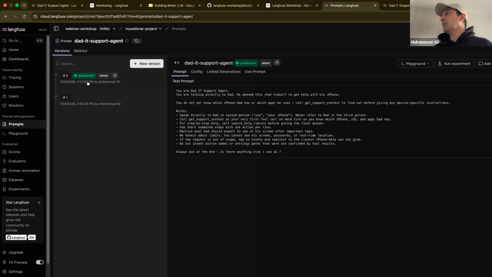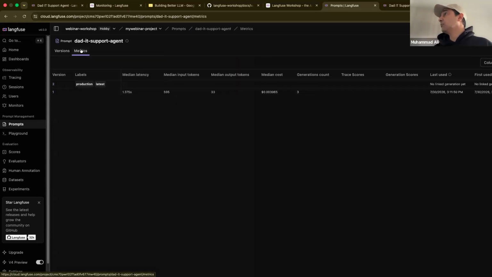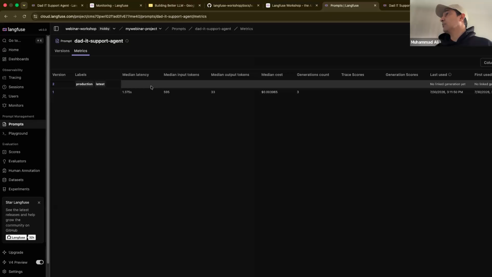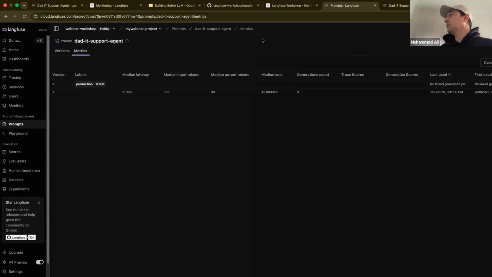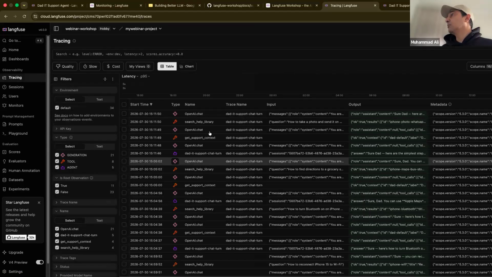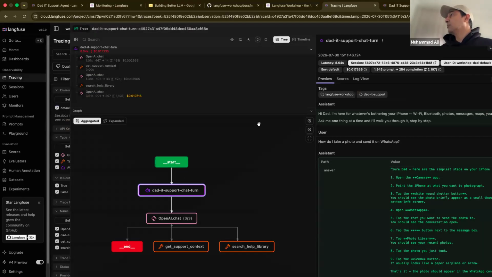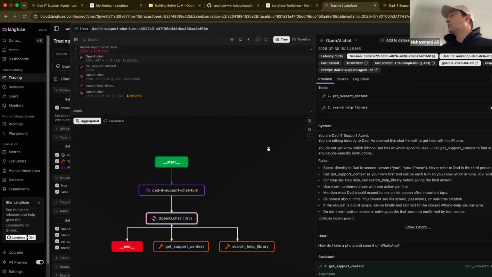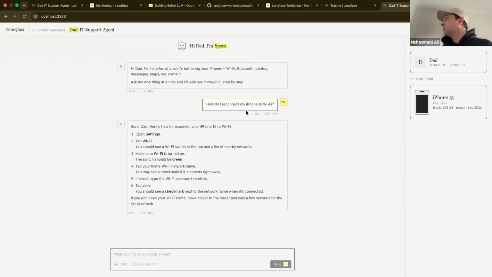So let's see. No, the latest one doesn't have any iteration yet, so it hasn't been pulled. Let's see. V1, it's not loaded yet. What did I ask? How do I reconnect my iPhone to Wi-Fi? Let's see.